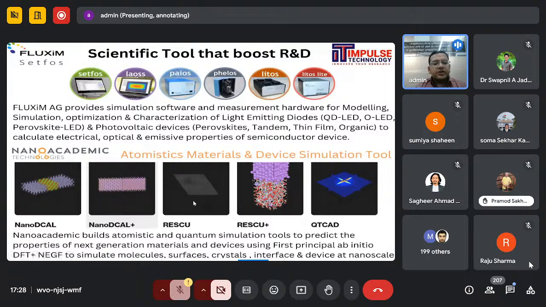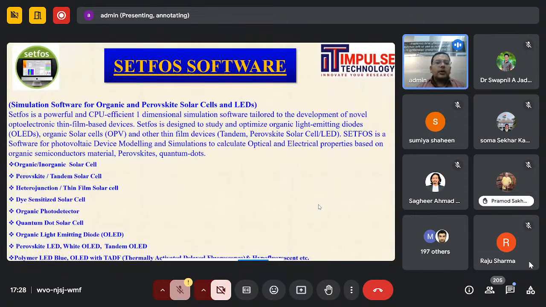Today's session was Rescu. Even the upcoming plus version is already developed for Python, in the Python language, that can also work on material calculations. We will discuss tomorrow Nanodcal and their plus version, and then in the coming session, the QTCAT for quantum TCAT spin qubit applications. And if you talk about the SETFOS software, one of my speakers will discuss it on day